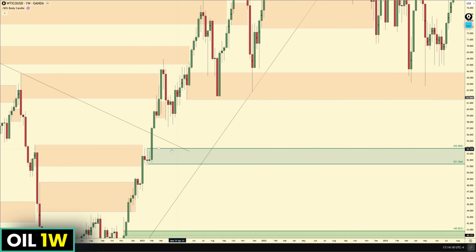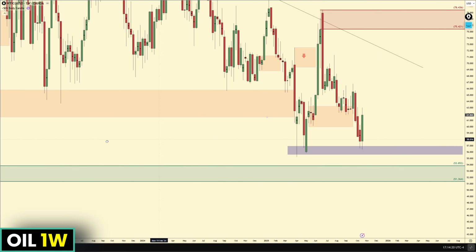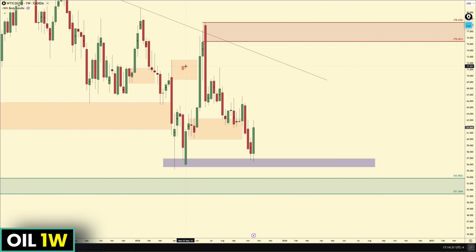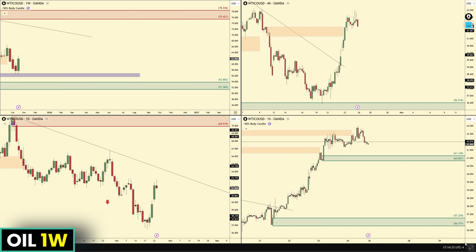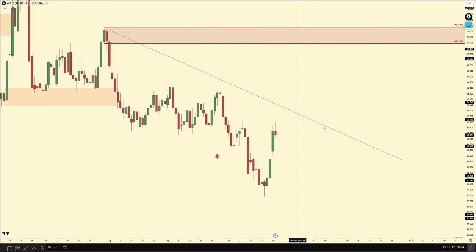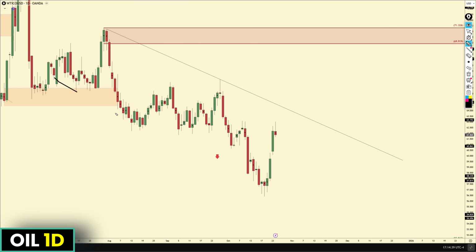It is old, right? So it makes me a little bit nervous, but the fact that we are creating liquidity here makes me more confident in that demand zone. So any pullback below this liquidity at 53.85, that weekly demand zone is going to be great for looking for swing trading long opportunities. On the daily time frame here, we are clearly targeting the upper range of this downward